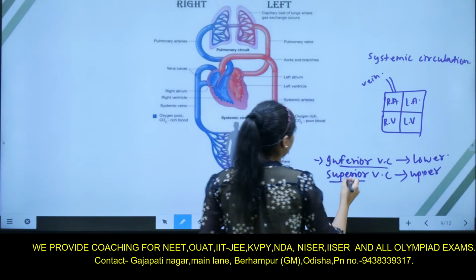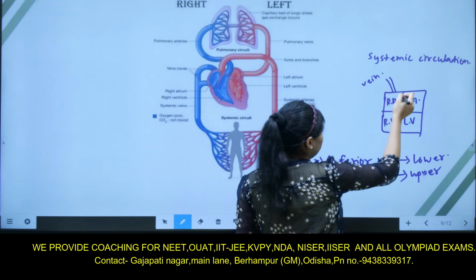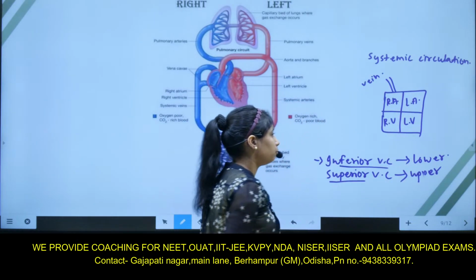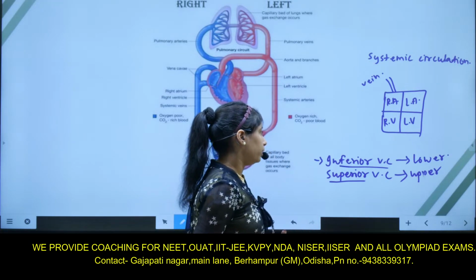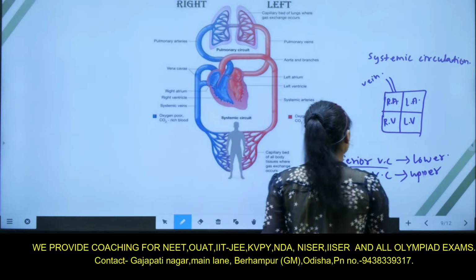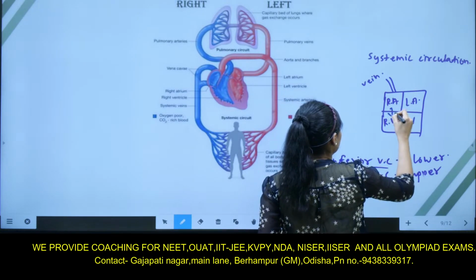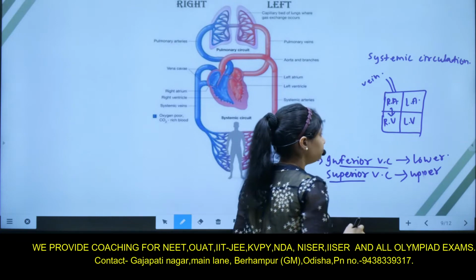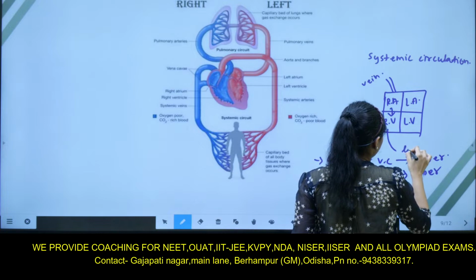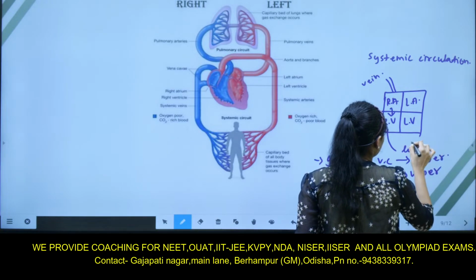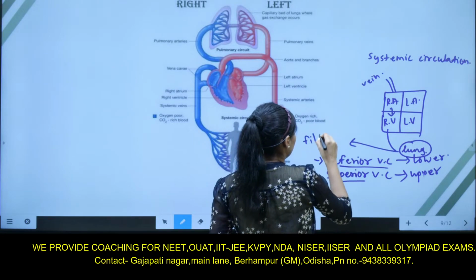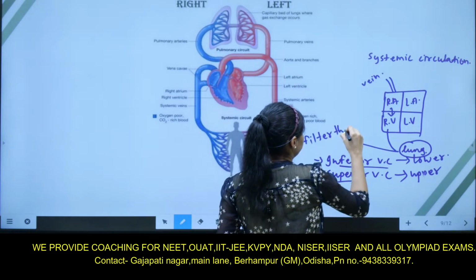So here is the largest vein, that is known as vena cava, that collects all the deoxygenated blood from our body and transports it to the right auricle of the heart. Then after that, it will transfer to the right ventricle. And the right ventricle further transports to the lung, where it filters the blood